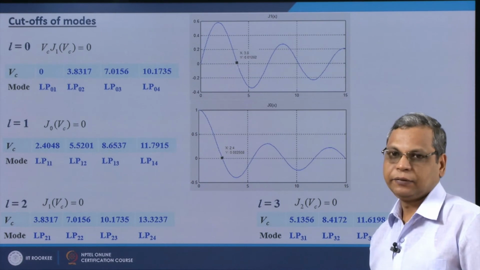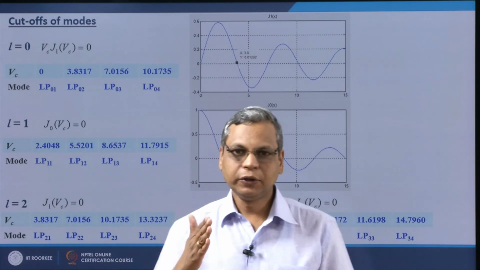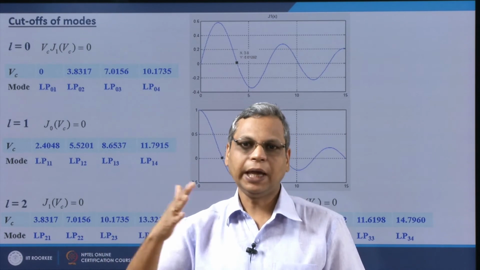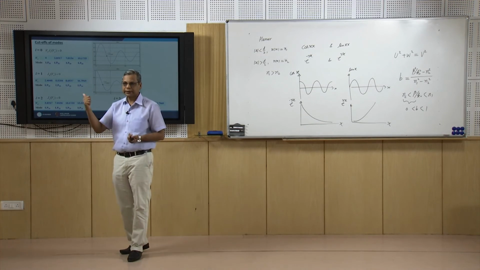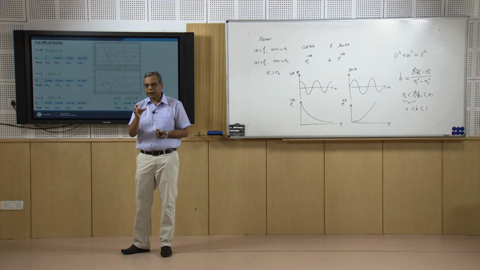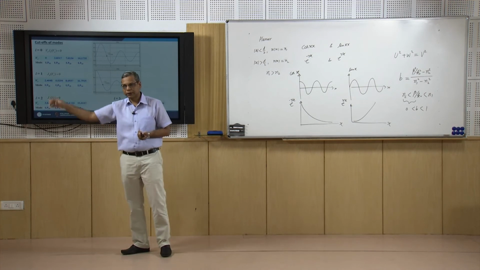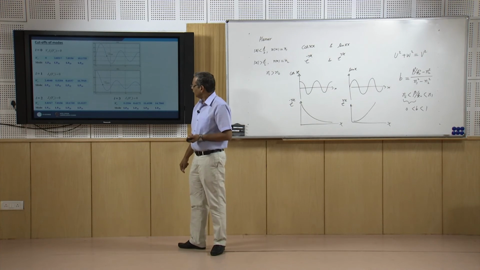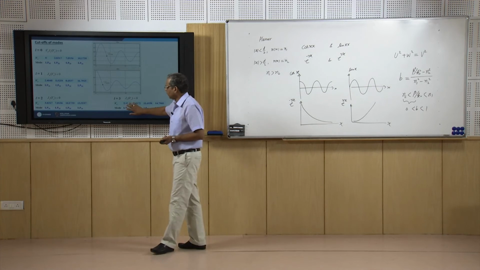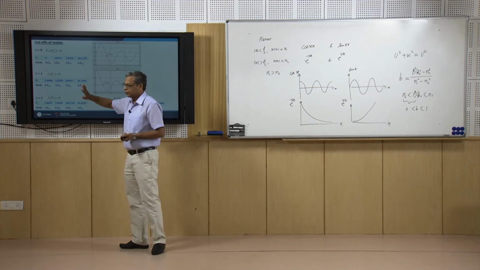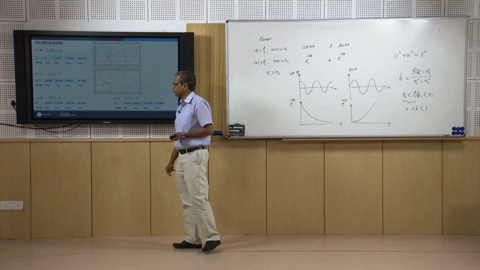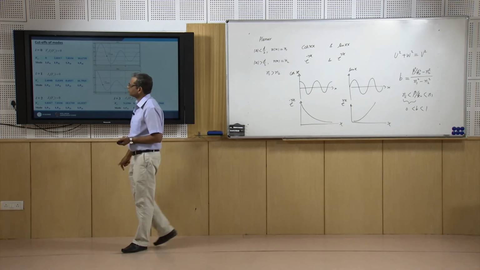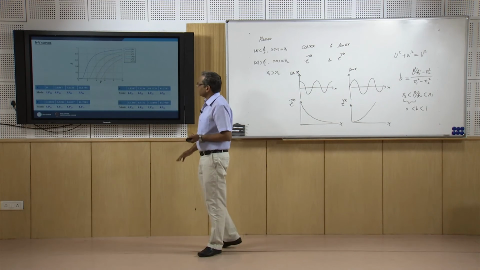In planar waveguide it was very simple: TE0 mode 0, TE1 mode pi by 2, TE2 mode pi, so m pi by 2 as mode number increases. So, every pi by 2 there is a cutoff of the next higher order mode. But here I will have to really look into these numbers and then put them together. So, I will have to arrange them in order of their cutoffs. Then we can generate